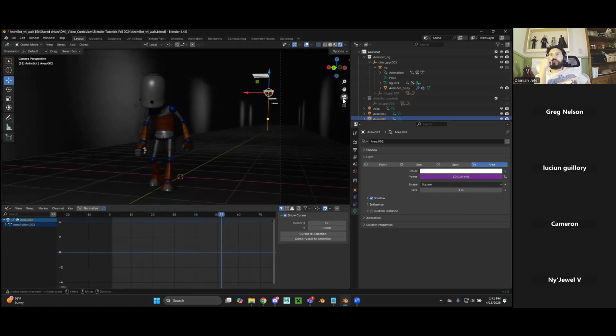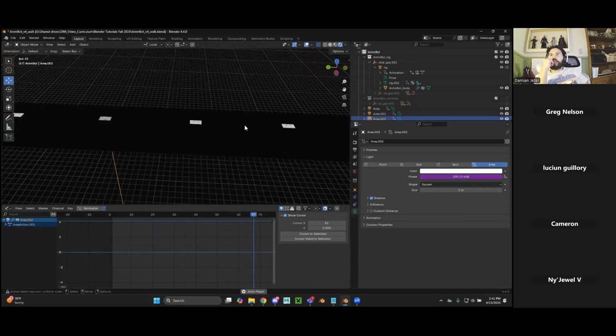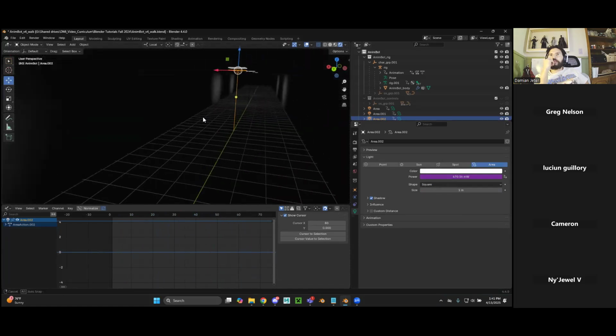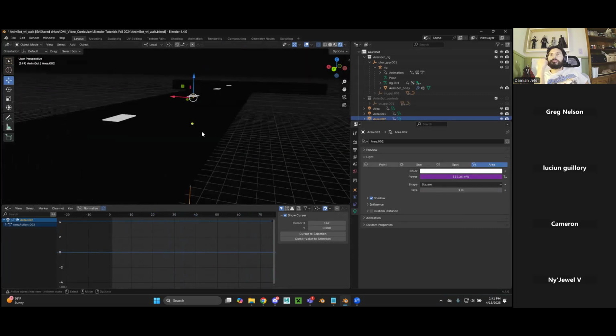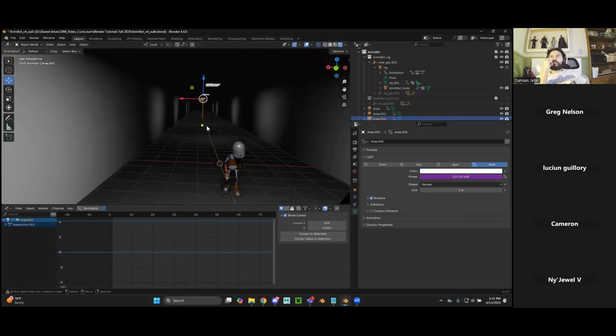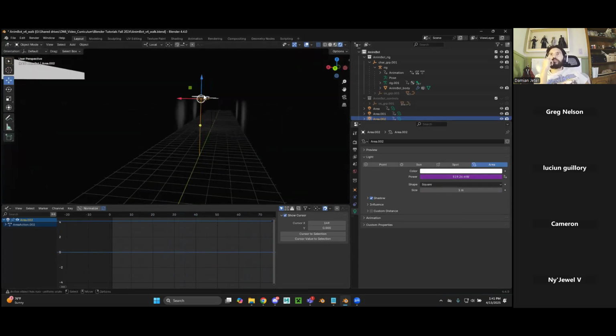Now I'm wondering if that'll do it. It's trying to do something. I want to pay attention to it. Oh, I see it. It's actually working. So the light is actually doing its job. Well, I have the emission being animated and the power of the